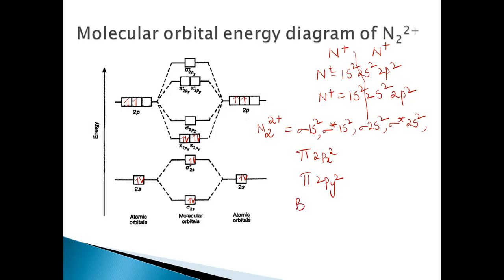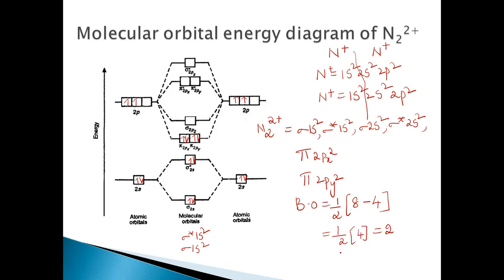Here, when you come to the bond order, it is half into the number of electrons in the bonding molecular orbitals. How many are there? So 1s I have not represented. So sigma 1s2 and sigma star 1s2 will be there. So 2, 4, 6, and 8. In anti-bonding, this is 2 and 4, only 4. So half into 4 will be 2. The bond order is 2. It means it is stable, it is positive.